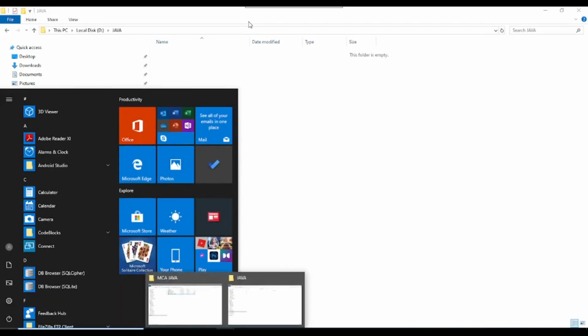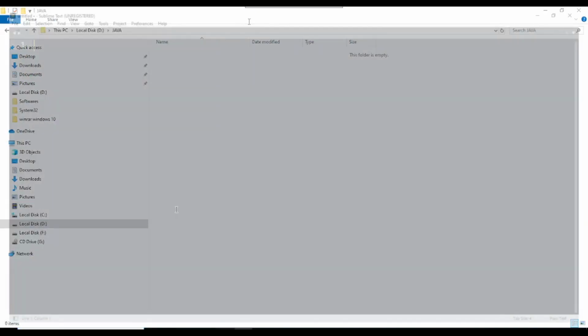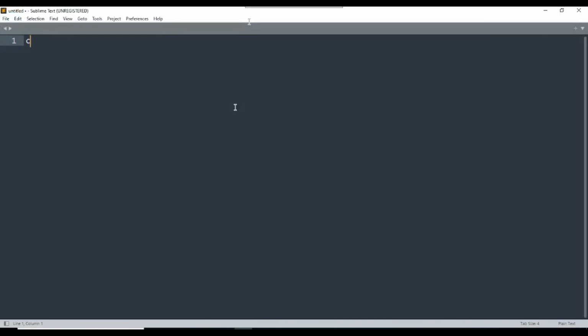I am just opening the Sublime Text editor. In that I will write down the code. So here I am creating a class, say for example named Calculation. So Calculation is a class, right? I am creating another class, say for example it's a